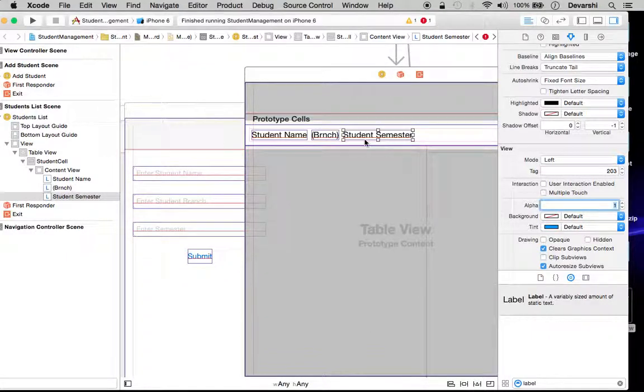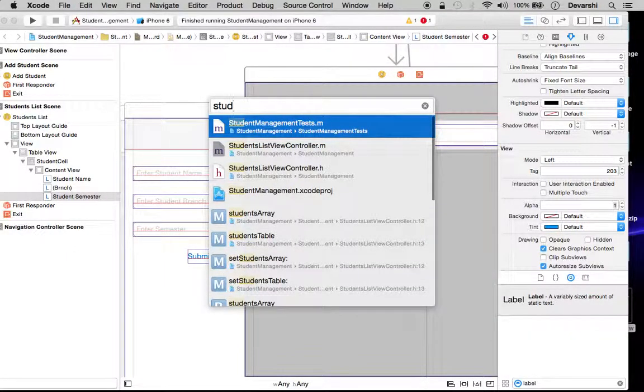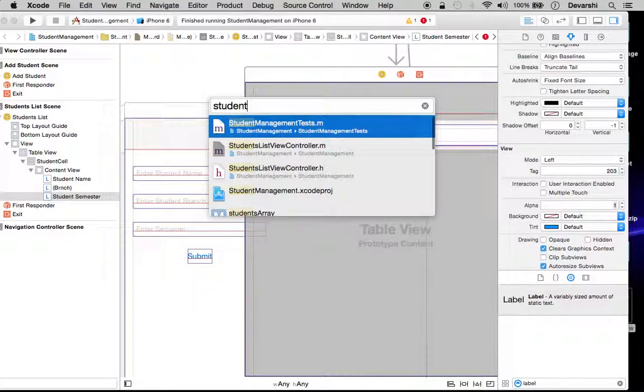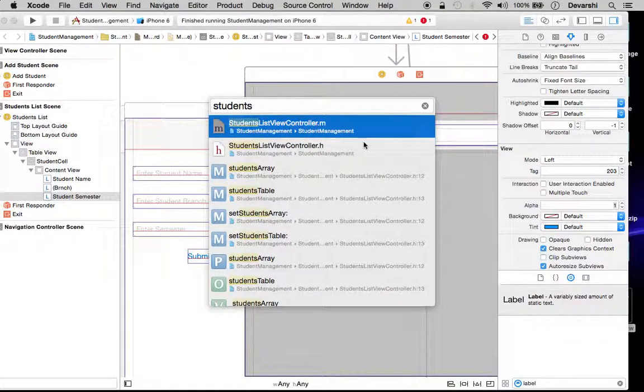So now I will go back to my view controller class. I have just pressed command shift O from my keyboard, so it has shown me this open quickly option, and I have typed students, so it has started showing me all the class names and variables which I have named as students, and then continued with other characters.